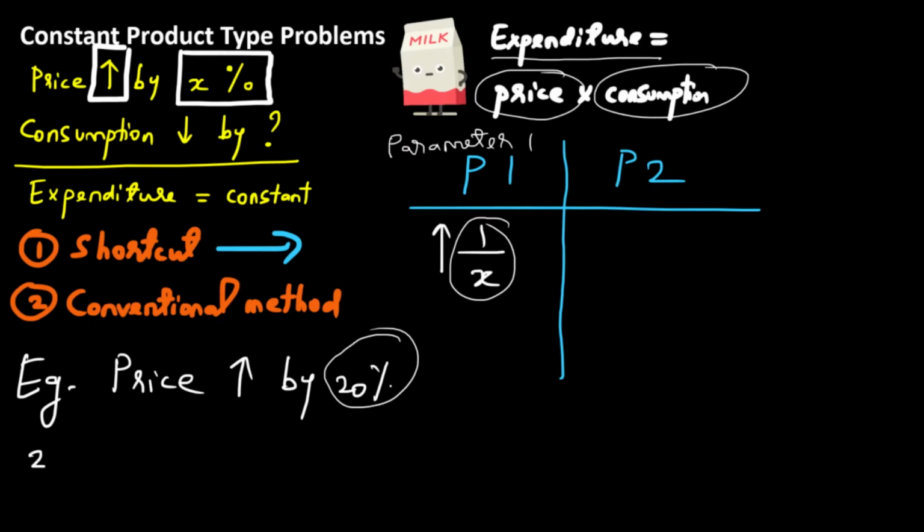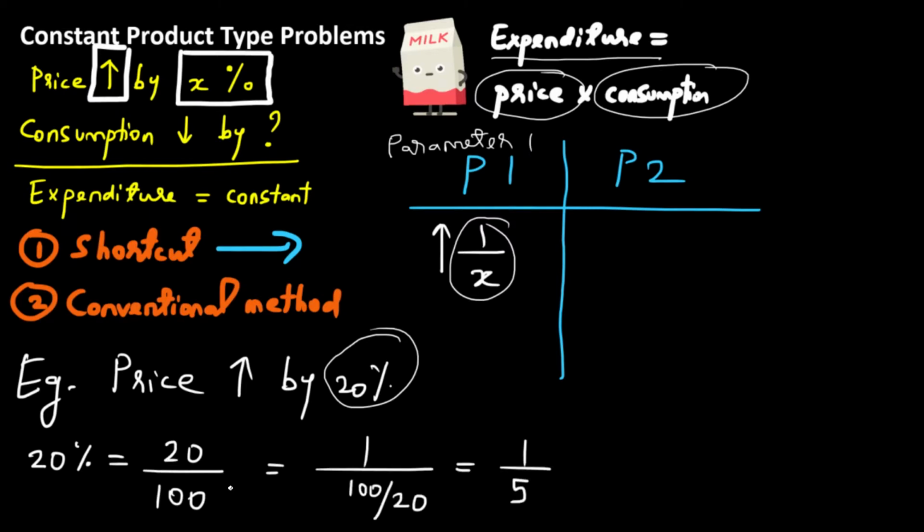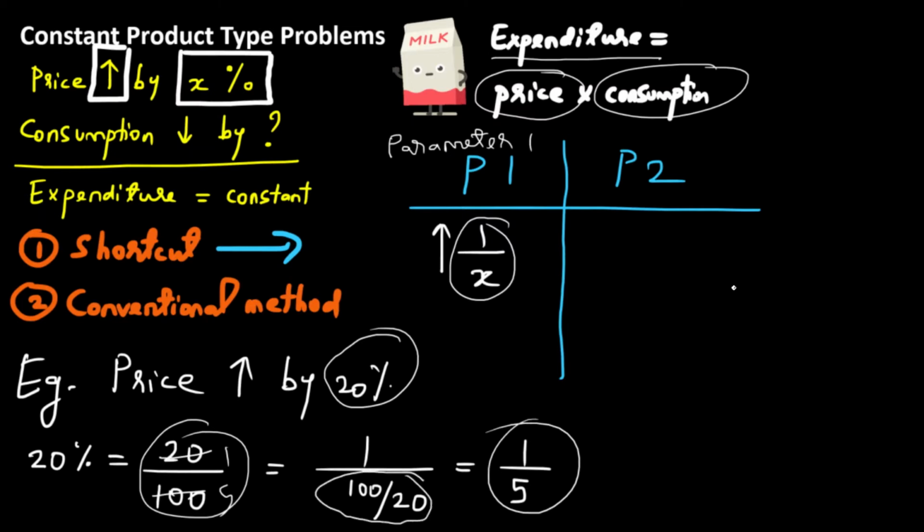So 20% is nothing but 20 by 100, right? So you can see that that's the same as 1 by 5, right? You can either think of it as cutting 20 both from the numerator and denominator and you get 1 by 5. Or if it's not divisible like this, in some cases you might have 2 by 13, etc. Right? So that can be written as 1 by 100 by 20. So you took this 20 to the denominator. So this becomes 1 by 100 by 20. Remember, 1 by A by B is equal to B by A. So that's what we have used over here. And that's equal to 1 by 100 by 20. 100 by 20 is 5. So again, you get 1 by 5.